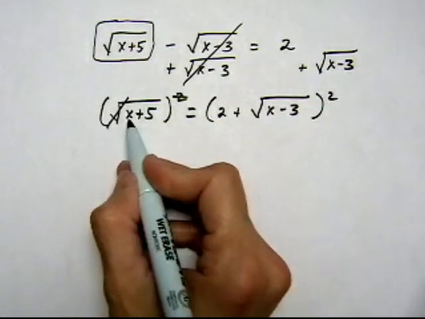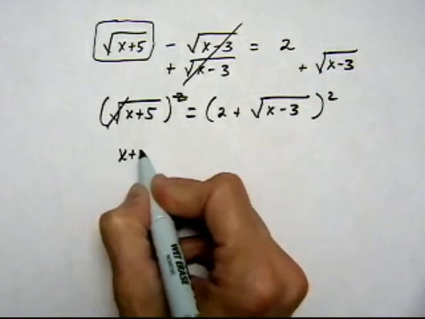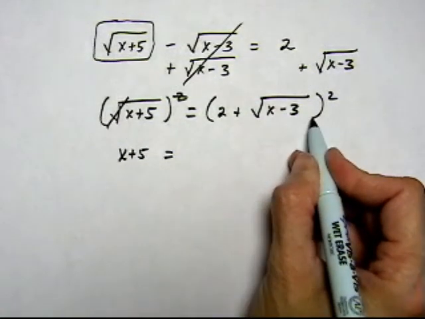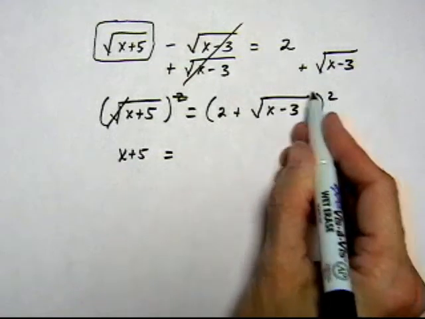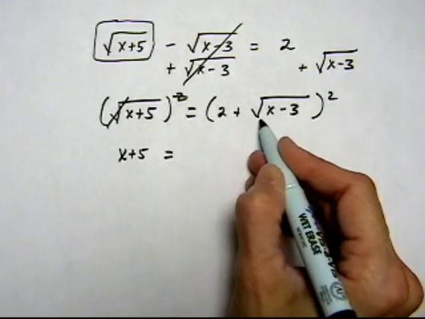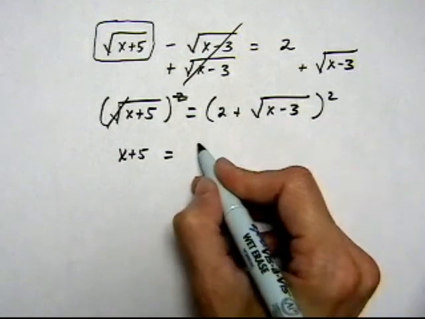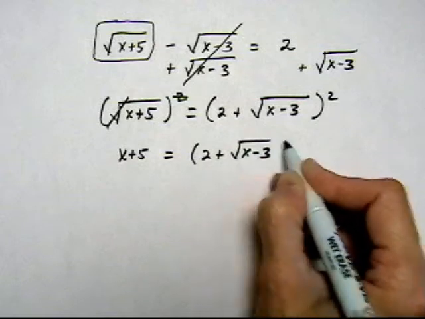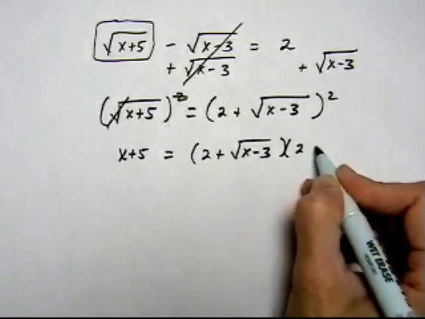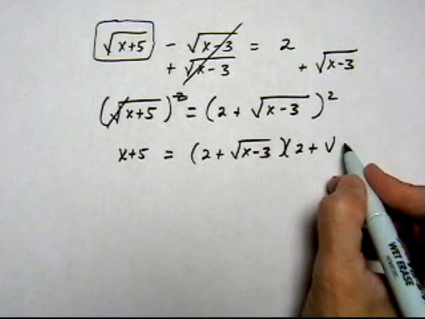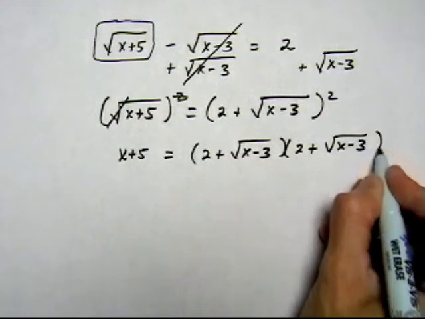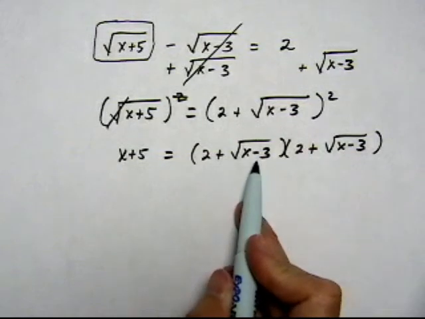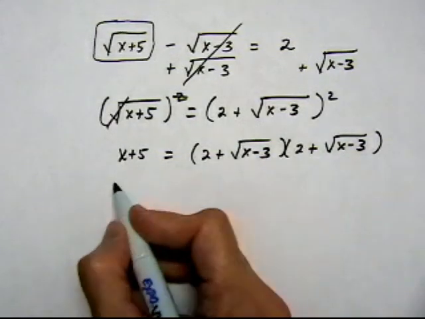So if we square this square root, we get the insides out, which would be x plus 5 equals, and now we have this entire quantity squared. Now be really careful here not to say 2 squared plus square root of x minus 3 squared. You actually have to write it multiplied by itself, which means you're going to have to FOIL it out. So we're going to end up getting a middle term that we would lose if we just distributed the exponent, because we cannot distribute exponents over addition or subtraction. Alright, so we have 2 plus root x minus 3 times itself, so we have to FOIL that out,